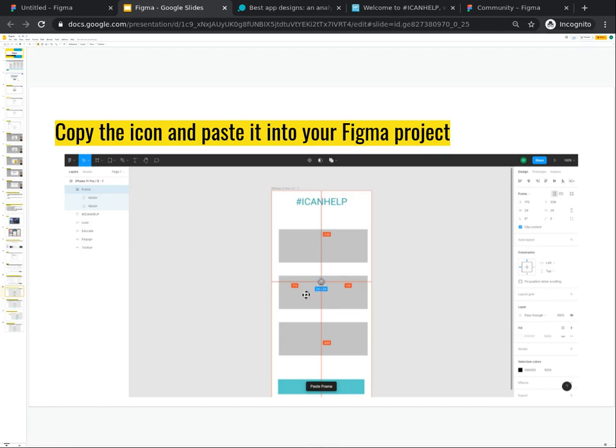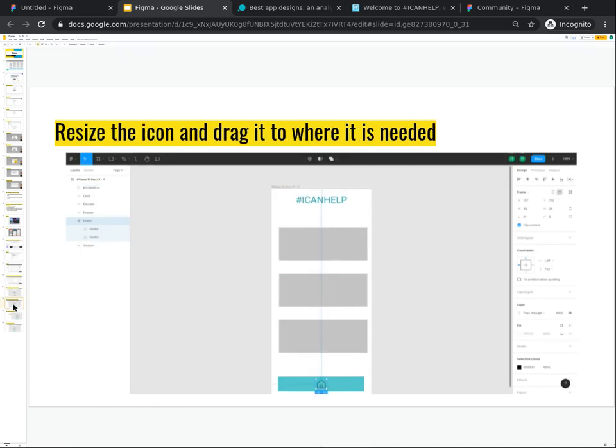If you right-click with your mouse, you can choose how to copy the component. Figma suggests that the best format to use is SVG. You will notice depending on what type of component kit you choose, the items will paste differently. If your component kit has small icons, they will paste small. If there are few icons and they are large, it will paste large onto your frame. You can resize the icon to fit the needs of the design.